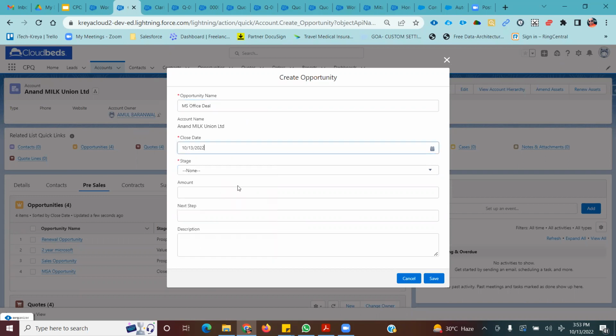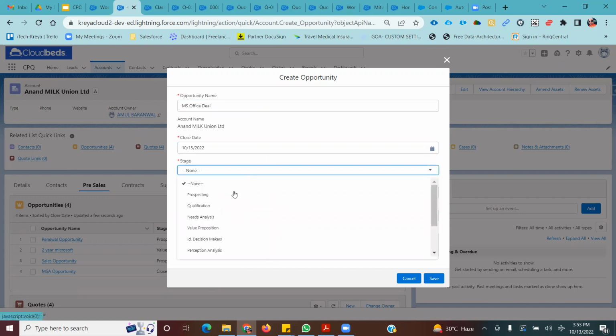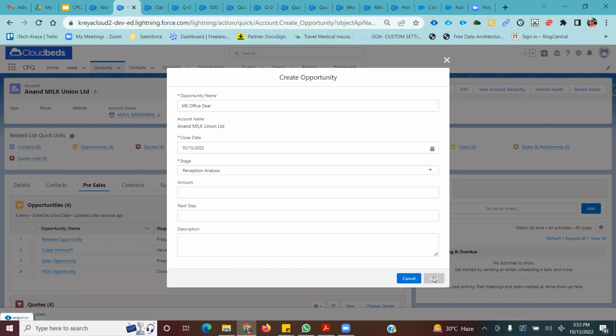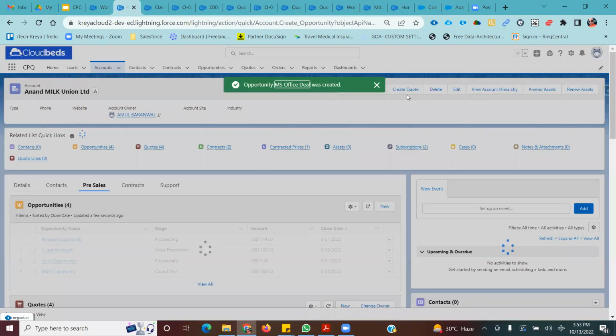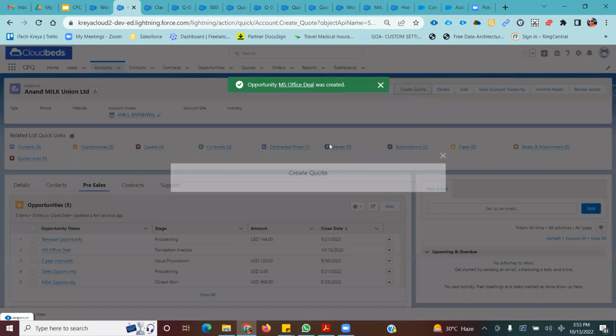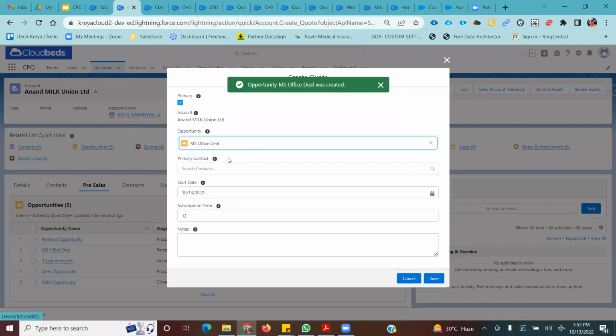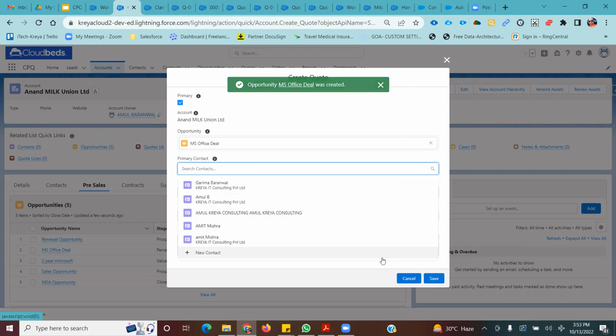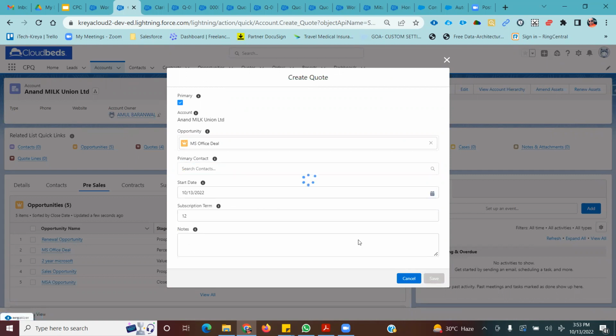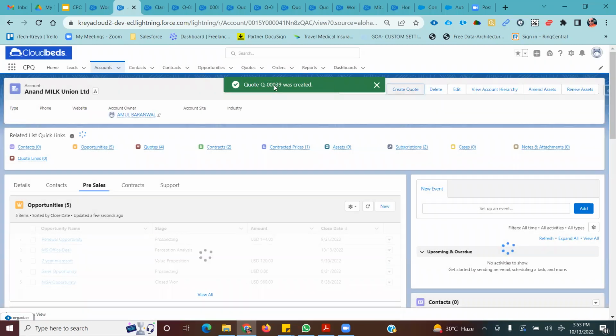I'm going to select my end date and stage. After creating this opportunity, I'm now going to create a quote, and then click save. After creating a quote,